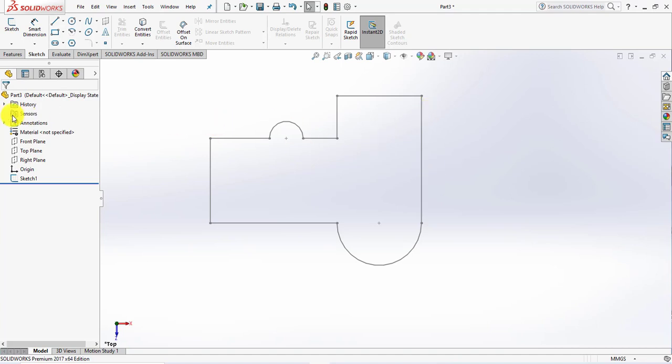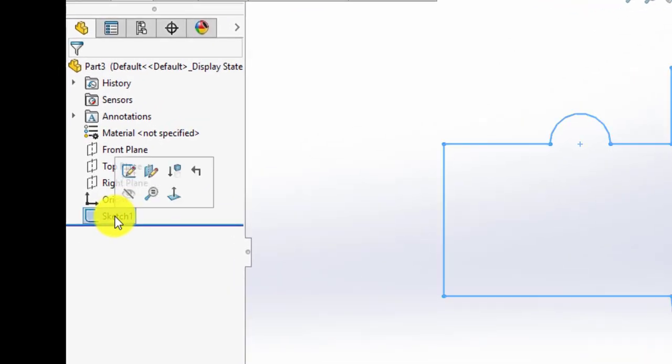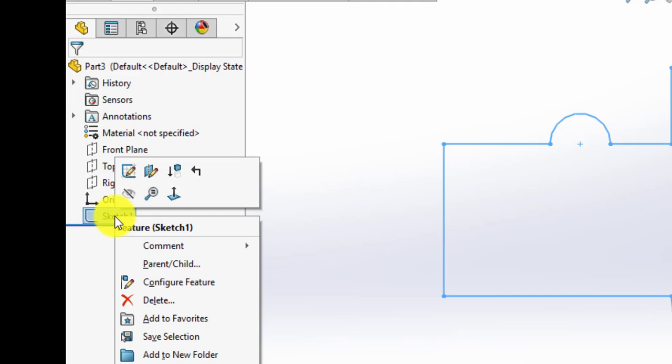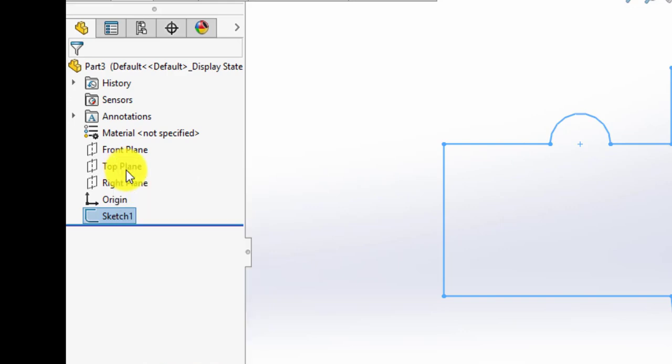Now if I want to rename this object, we have this sketch. What do I have to do? Just right click here, and here is the option rename. If you want to edit something, you can edit from here.